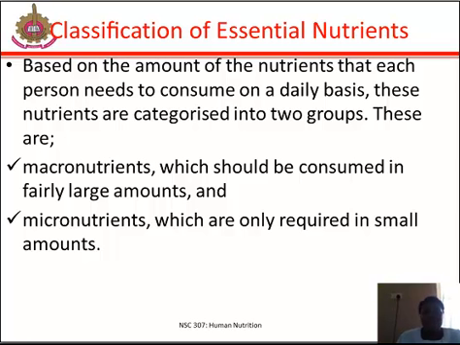Micronutrients. From the word micro, it means small. Therefore, micronutrient means substances which people need in their diet in only small amounts. These include minerals and vitamins. Most food we eat are mixtures of nutrients. Many of them contain a lot of one nutrient and a little of other nutrients. Foods are often grouped according to the nutrients that they contain in abundance.